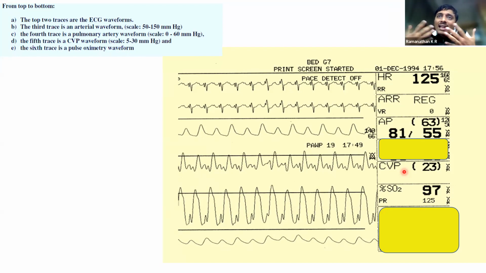Now, what are the other important things that you can figure out from this monitor? These may be subtle signs, which may be difficult to pick, but still, sometimes the patient monitor can be helpful in addition to a detailed clinical examination. Of course, I'm presuming that you would all have done your clinical examination properly and then be looking at the monitor while you await your results.